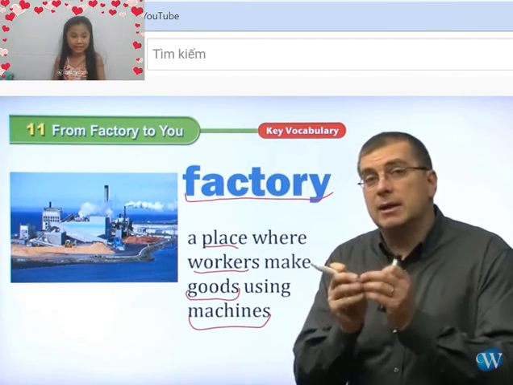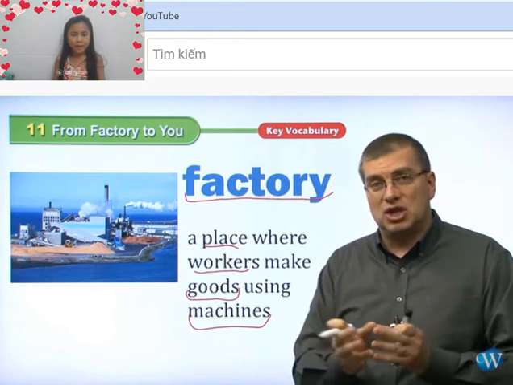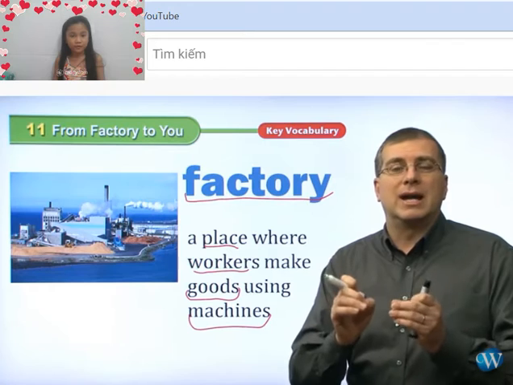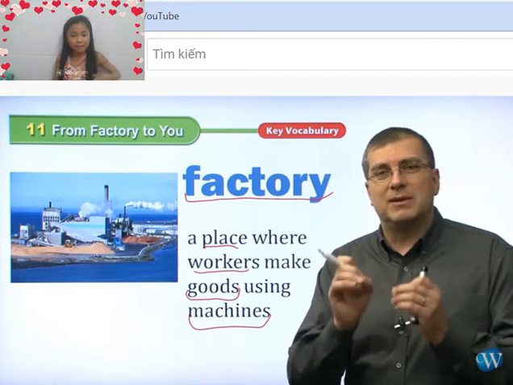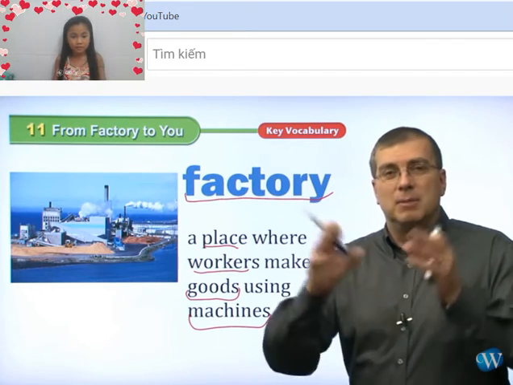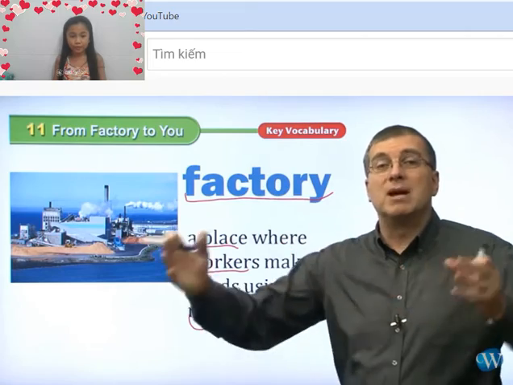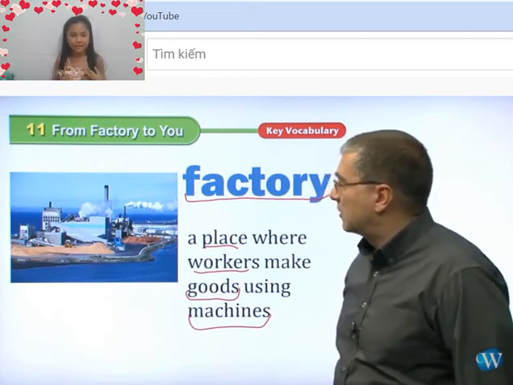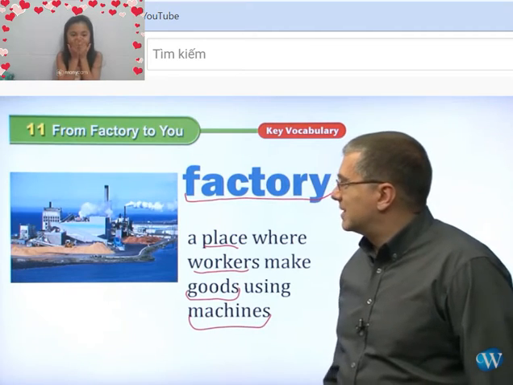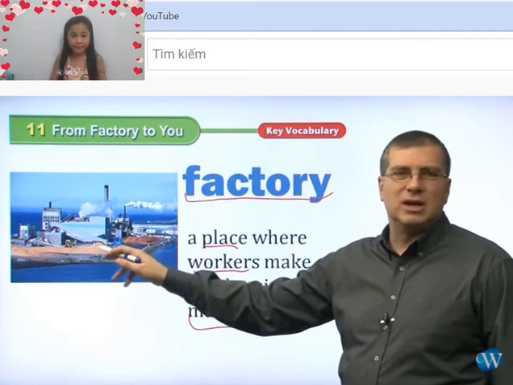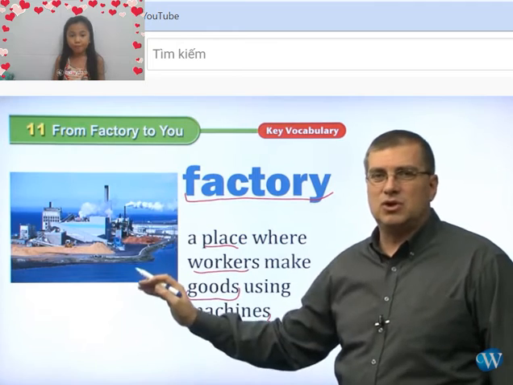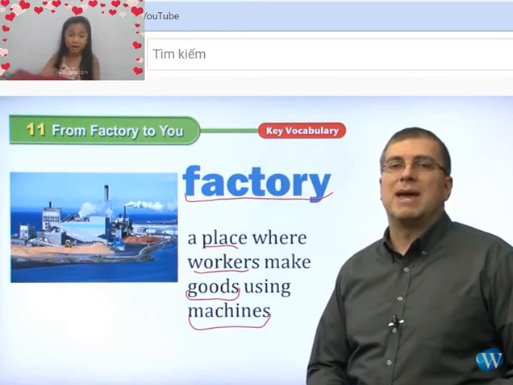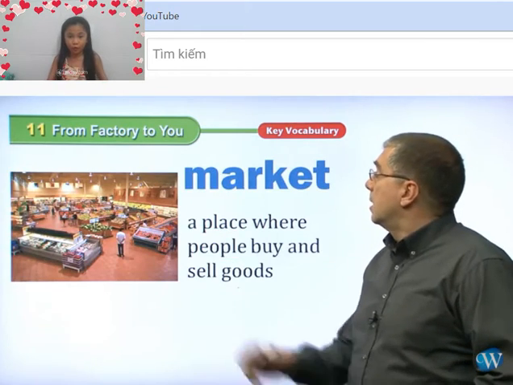These factories make a lot of smoke, but it is a necessary place for us so that we can have goods and make our things too. It's very important. A lot of workers work in factories so that they can make goods for people, to transport them.